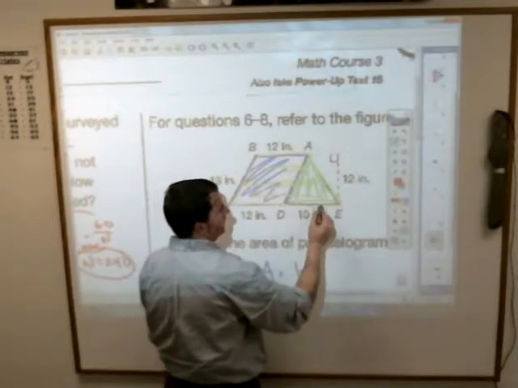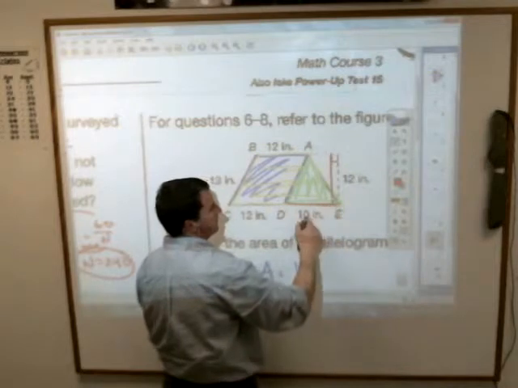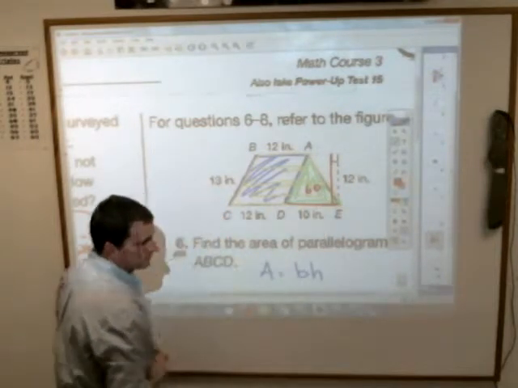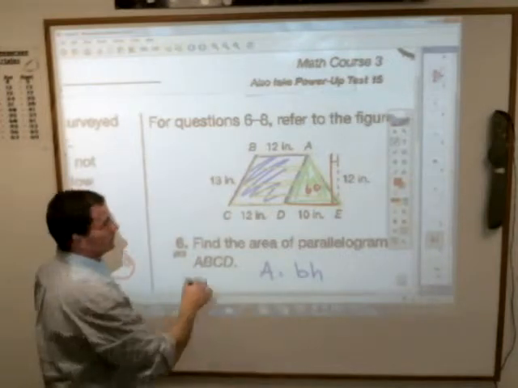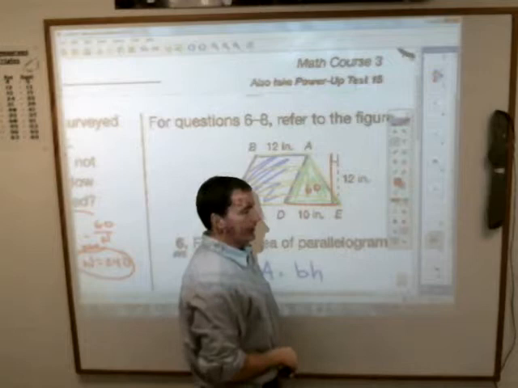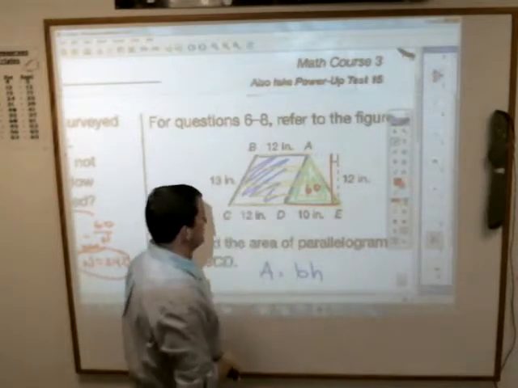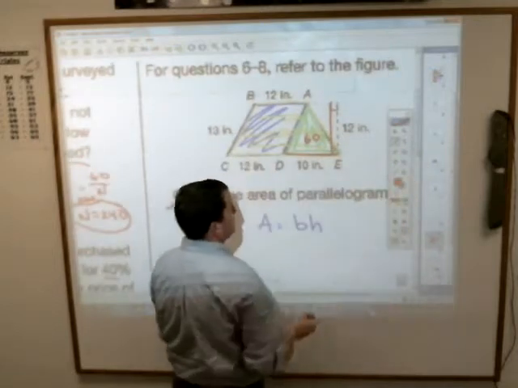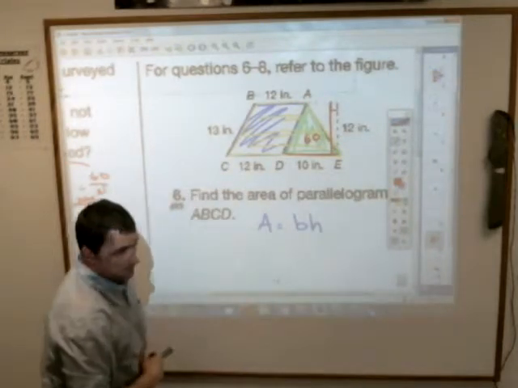It is 1/2 of base times height. 12 times 10 is 120, cut in half is 60 for the triangle. And then 12 times 12 for the parallelogram is 144. For number 6, I got 156 inches. When you multiply 12 times 12,